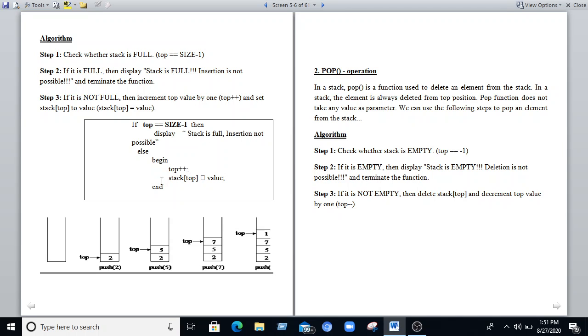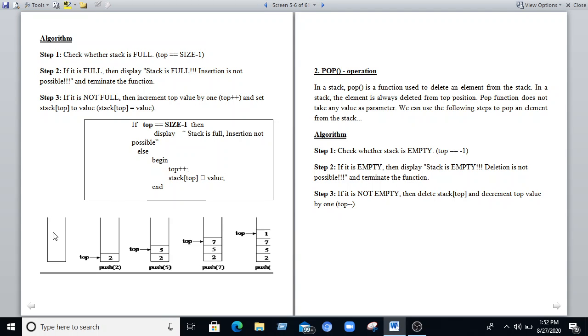After the stack value is filled here, then only the top can be incremented. Stack of top equal to that value, whatever value we have given, then only the top is incremented. End of the block.